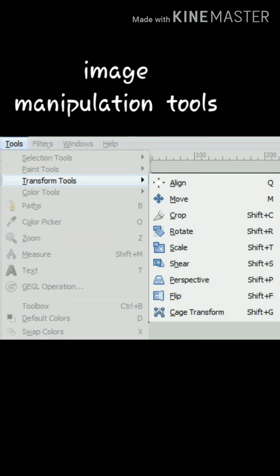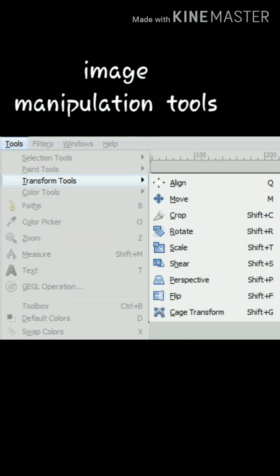Now, next, the transformations you want to edit. At that time in the menu you also have this number of options. Number one, move and rotate. The move tool you use to move the whole image from one place to another around the canvas. Next, the rotate tool. The rotate tool rotates the image or selections by the desired degree. As you wish, you can rotate 30 degrees, 45, 60, 90, and you will be able to rotate further also.